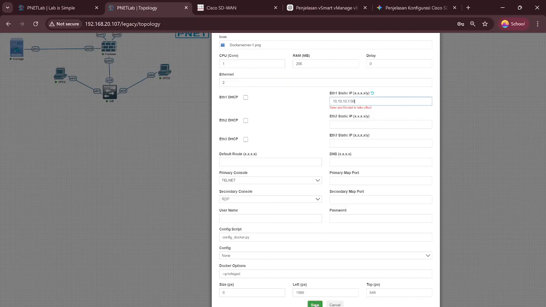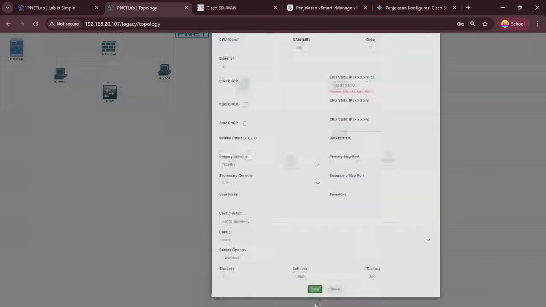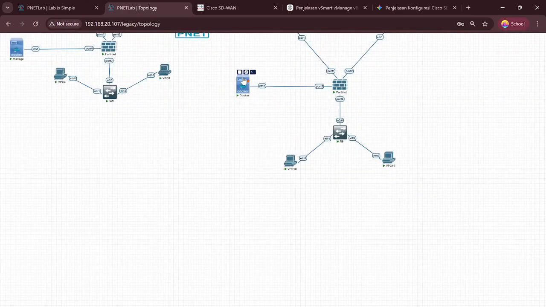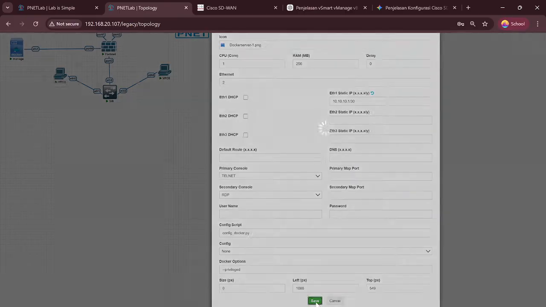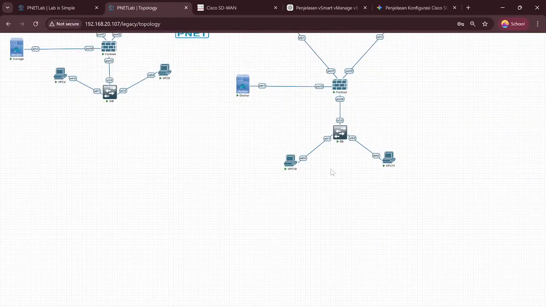Save. Okay, check it, because port 3 is 10.10.10.2.